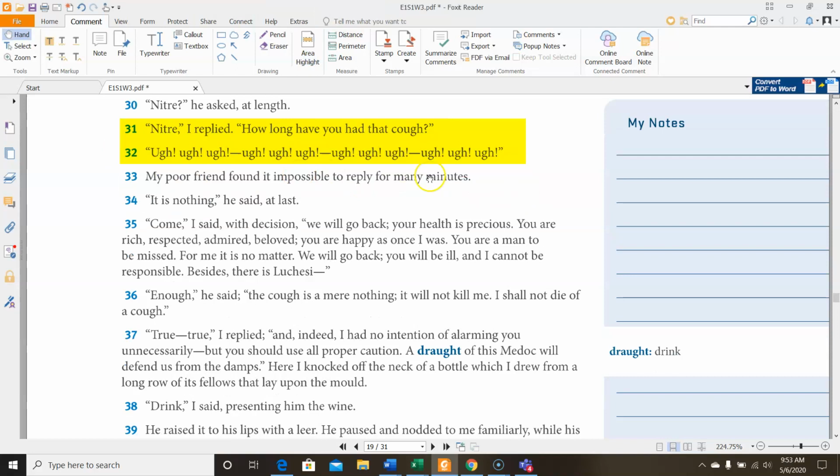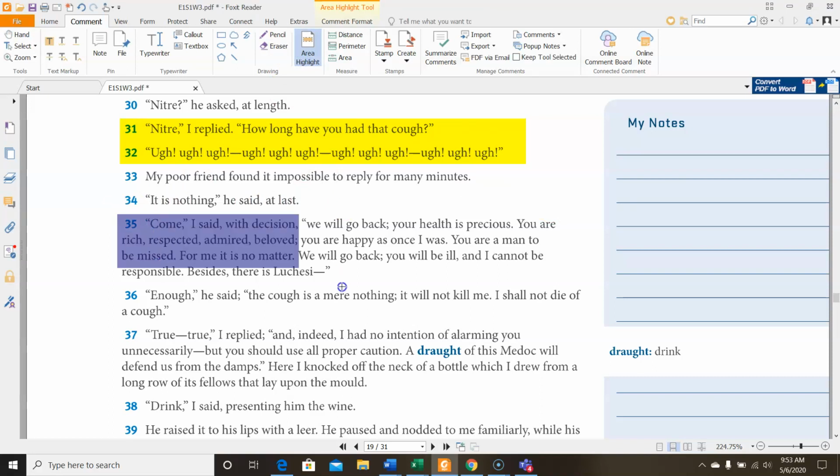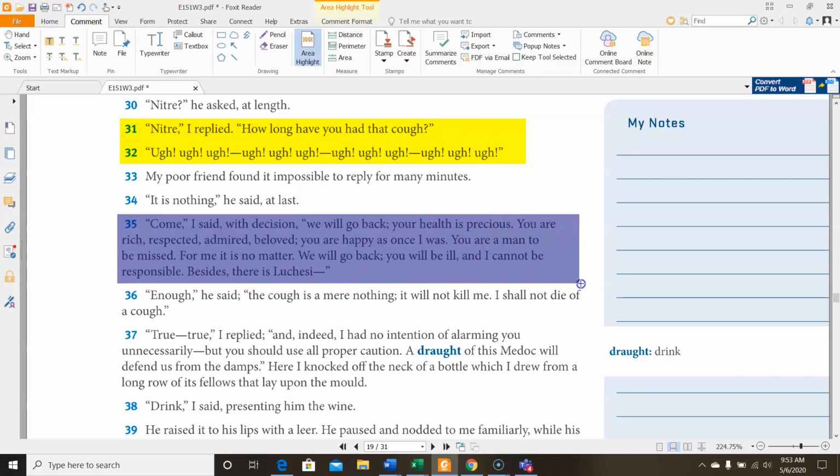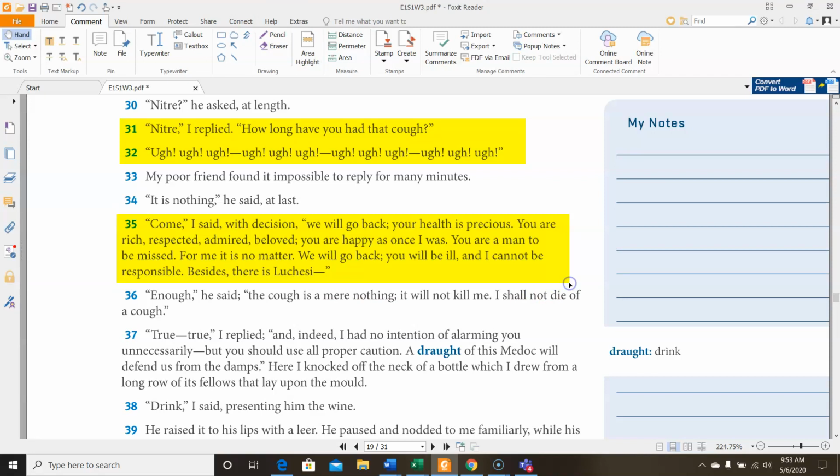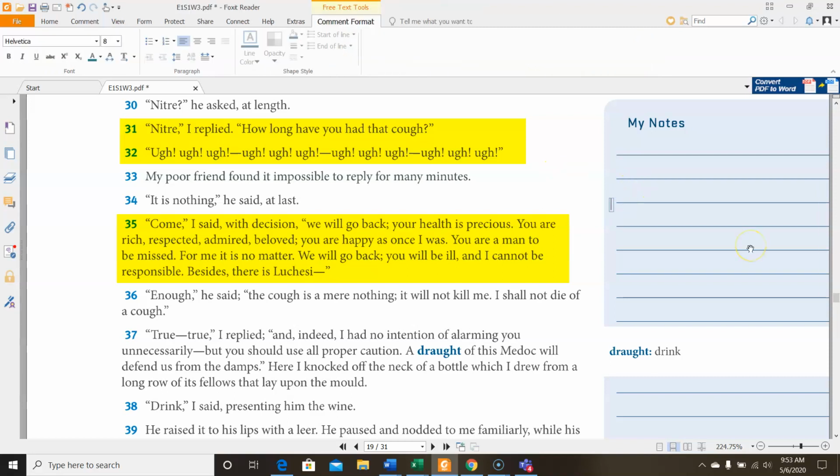My poor friend found it impossible to reply for many minutes. "It is nothing," he said at last. "Come," I said with decision, "we will go back. Your health is precious. You are rich, respected, admired, beloved. You are happy as once I was. You are a man to be missed. For me it is no matter. We will go back. You will be ill, and I cannot be responsible. Besides, there is Lucchesi." So here, he is using irony because he doesn't actually want